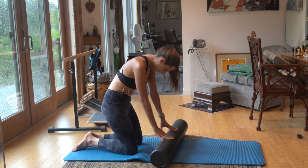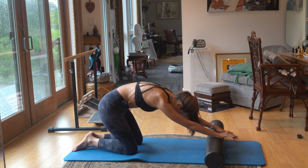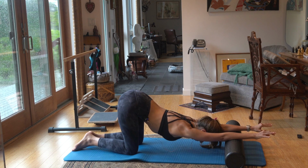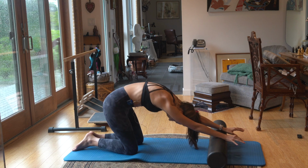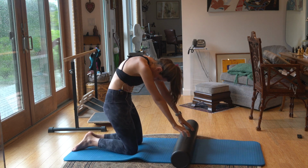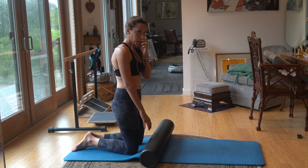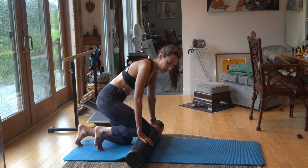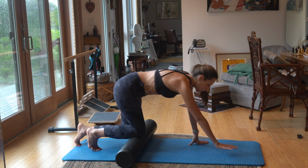Last one, reaching out, press those arms away. Find your stretch. Where does it feel good? Really sink into it. Breathe here and then pull the pelvis under, round the spine up, squeeze those abs, and find your tall. From here, to finish off this quick foam roller series, we're going to place our hands on